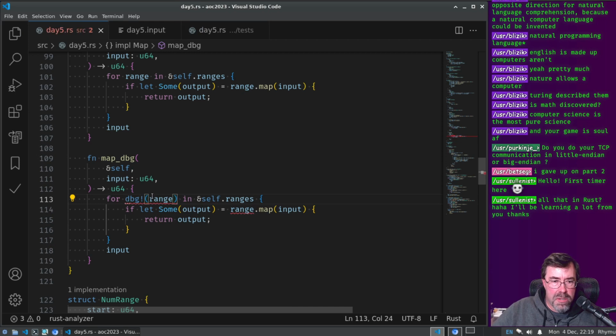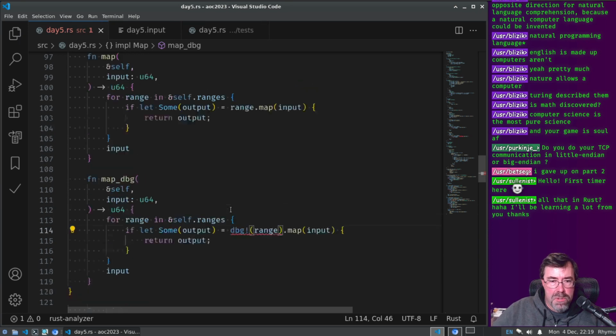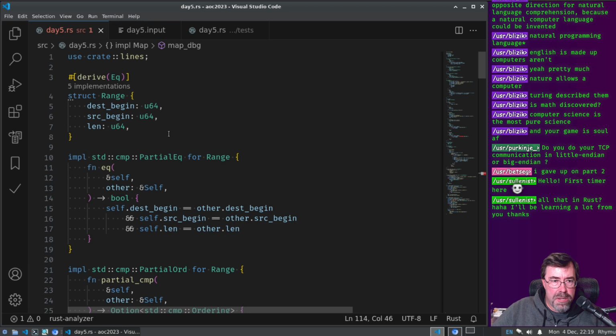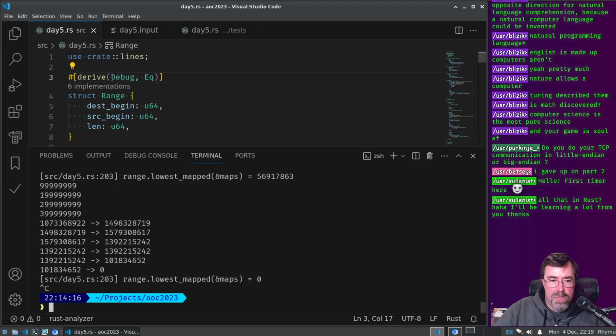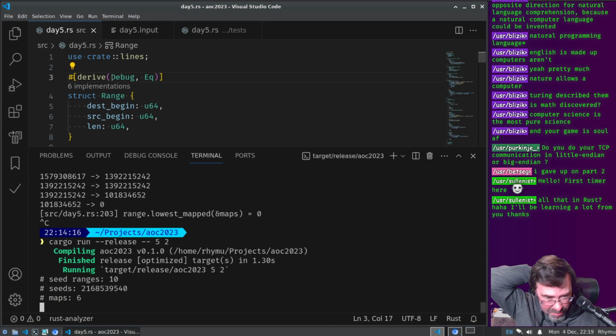I think I can. Oh no, I can't because that has to be a name. But I can do DBG if range derives the debug. Okay, more data from debugging.